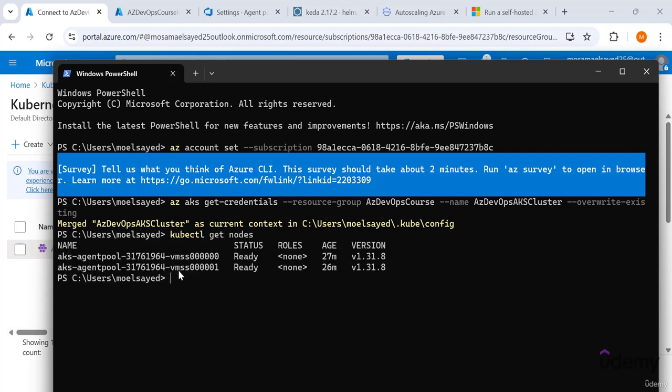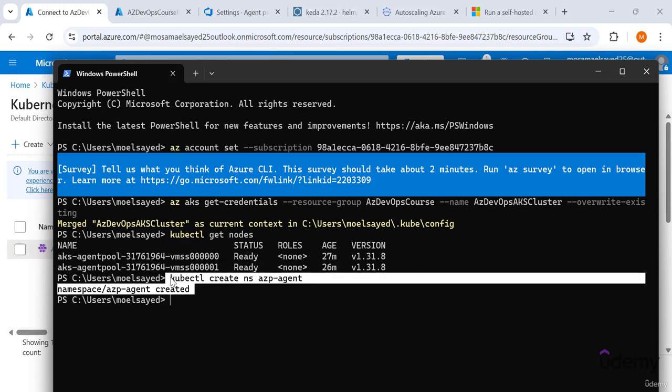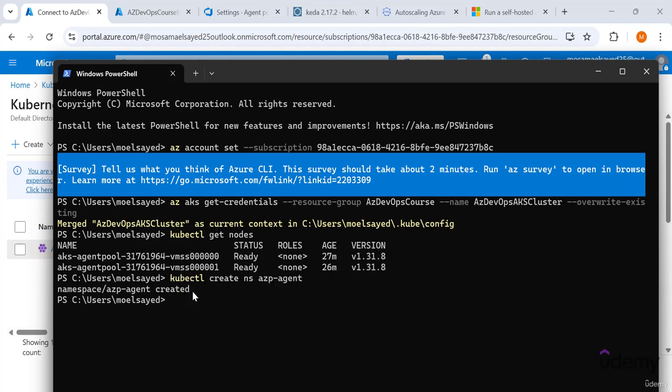Okay, so now firstly, I will create a namespace for our Azure Pipelines agent. I will name it azp-agent namespace. Okay, now the namespace is created. We will install our Azure Pipelines agent deployment inside this namespace. Okay, so now we have the pool, we have the namespace created, and we are connected to the cluster with